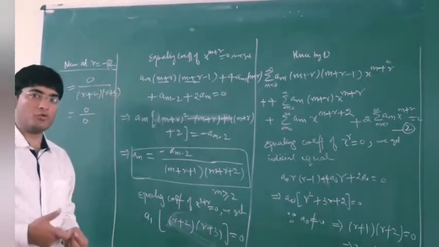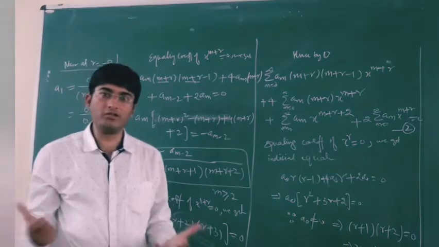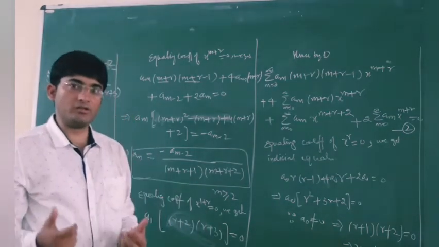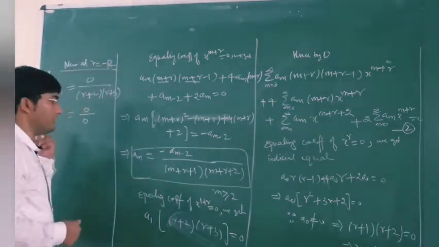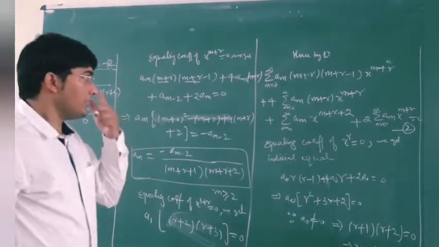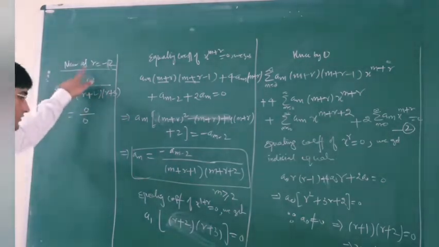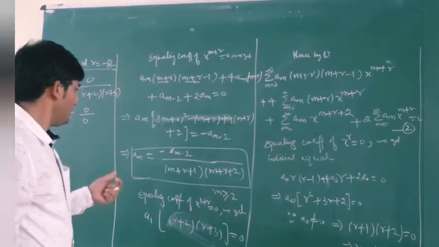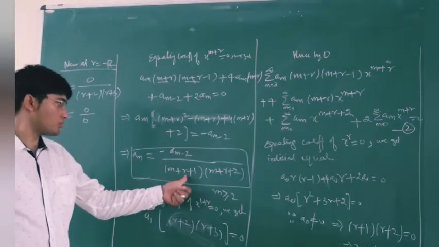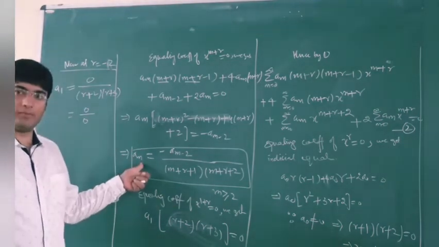So your r equal to minus 2 will give you the complete solution. So let us find out the solution at r equal to minus 2. For that, let us put r equal to minus 2 here and put the values of m as 2, 3,